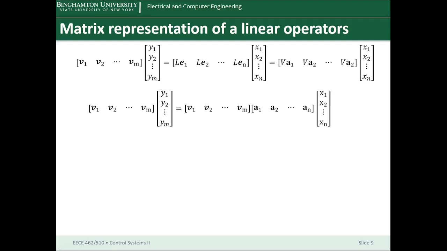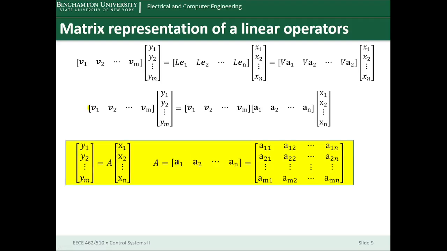From this, we see that in coordinate form, the vector y is equal to the matrix a1, a2 to an times the coordinate vector x1 to xn. And there we have it. We have found matrix A. Because this part and this part are the same, this part should equal these two parts. The matrix A is built from the coordinate vectors of L applied to the basis vectors of X,